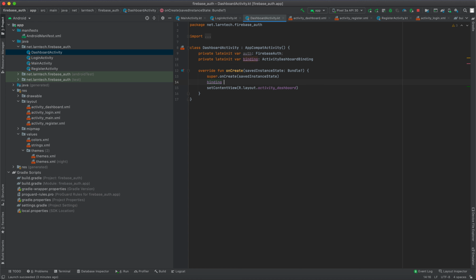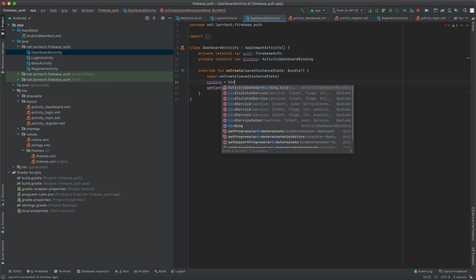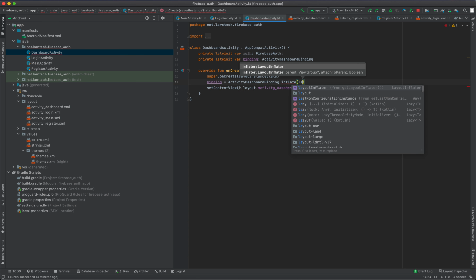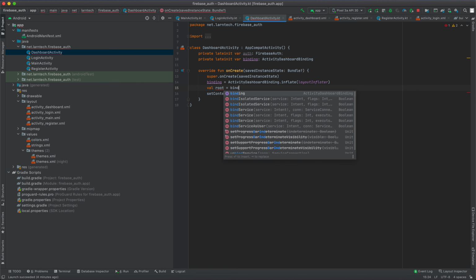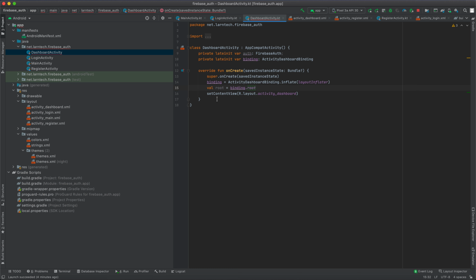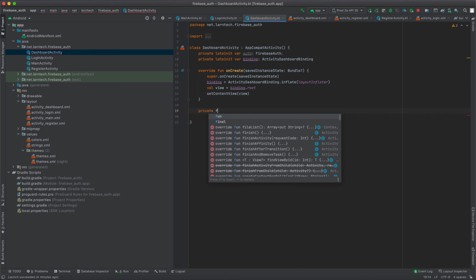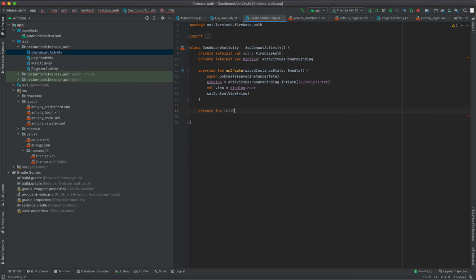Here we are going to have binding will be activity binding.inflate layout inflater, and then I'm going to have val root will be binding.getRoot, and then this one you can call it view or root. Let's use view. Set content view, and then I'm going to have that view. So here private fun init data, and then I'm going to have auth is equals to Firebase